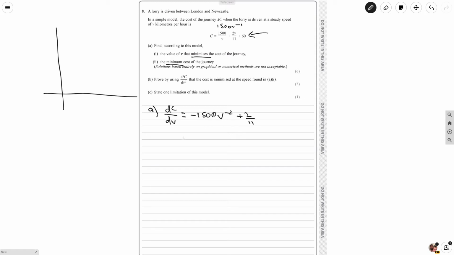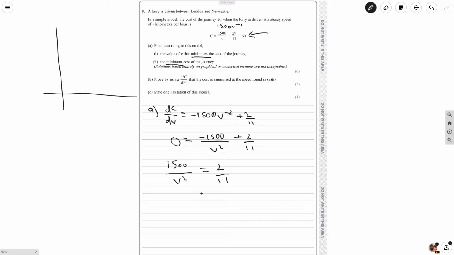Now you could rewrite this. It depends on what you want to do, but you could rewrite this back to a fraction and put the V squared on the bottom. It depends on what the question is. Minimizing is when you make the gradient, or dC/dV in this case, 0. This is why I prefer to write this back as a fraction, so that I can concentrate on the algebra here. So I'm going to take this negative term over the other side,